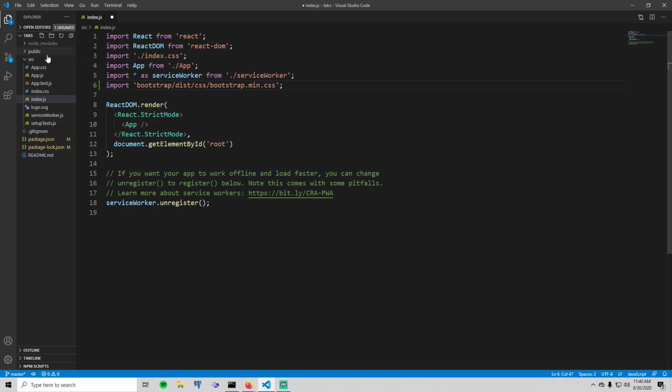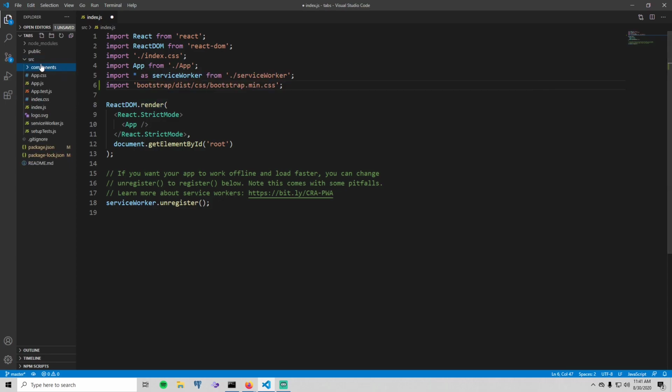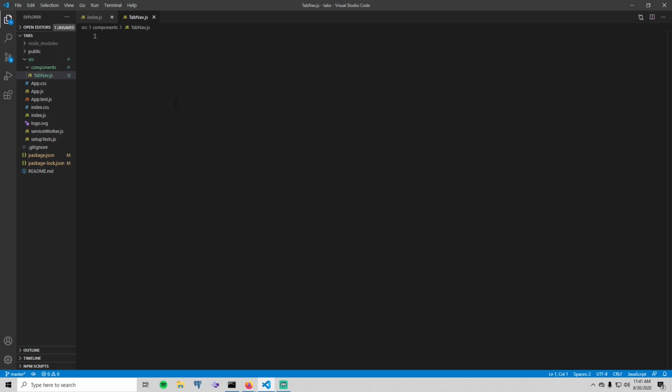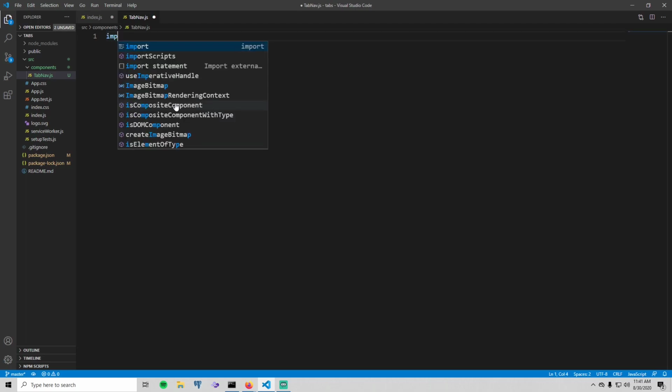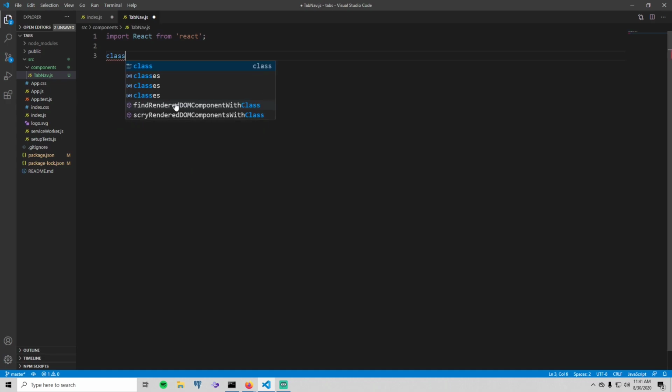Create a folder inside of source called components. Then, inside of it, create a file called tabnav.js. So, tabnav is a React component. With React components, the first thing you always need to do is import React from React. And I always create class components, so I'm going to create a class component. Of course, it's called tabnav extends